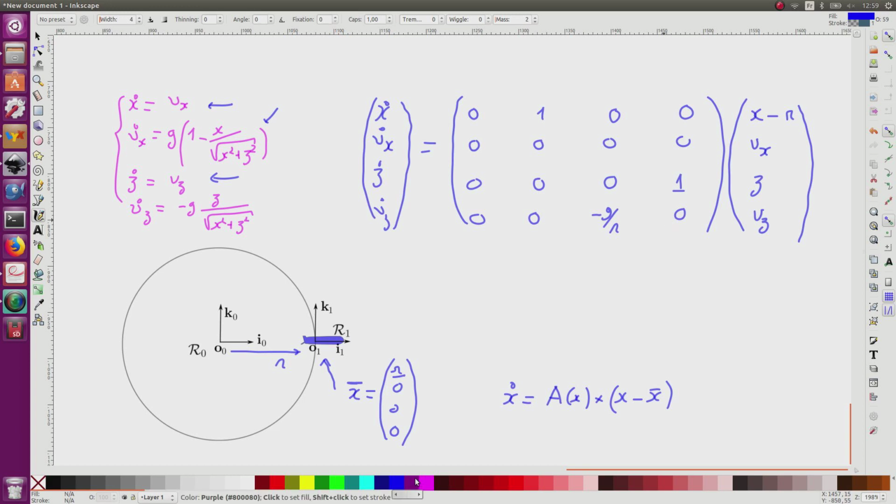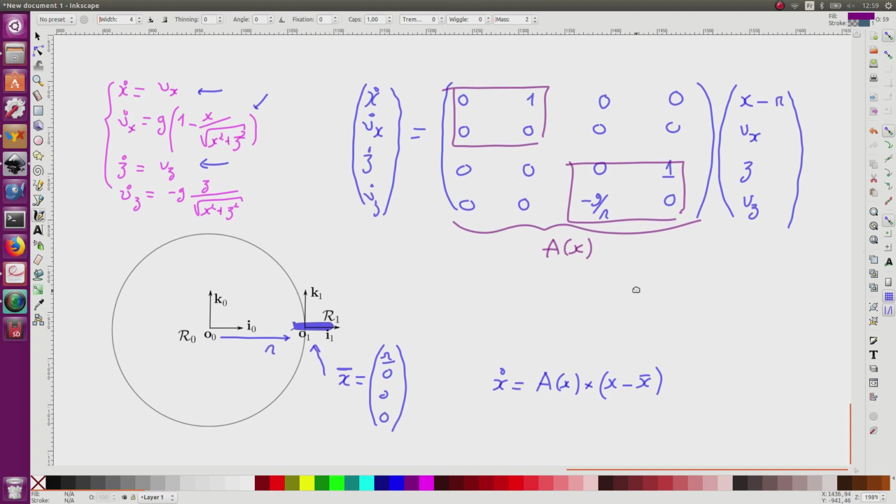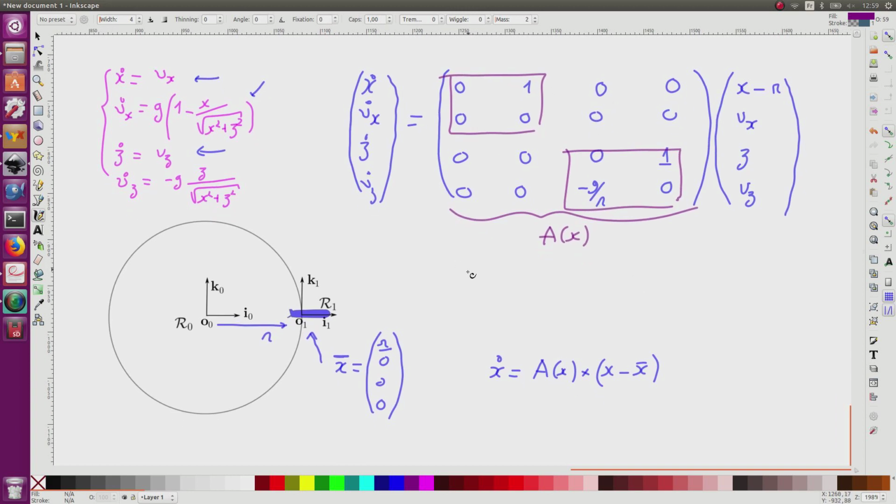So this corresponds to the matrix A of x, and the stability of this system, so of the inertial unit, depends on the eigenvalues of this system. So of course it is diagonal by block. I take this block and this block, and I obtain that the characteristic polynomial P of S of this matrix